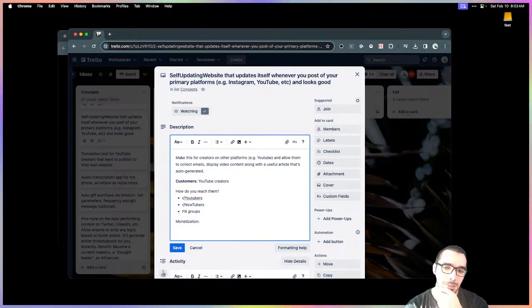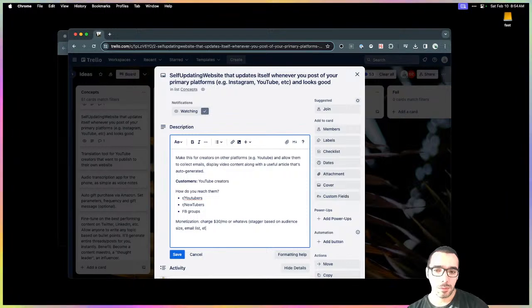I mean, just judging by the size of the subreddits, that's surprisingly high. I mean, 30 a month would be obvious, or maybe stagger based on audience size, email list, etc. Hmm.